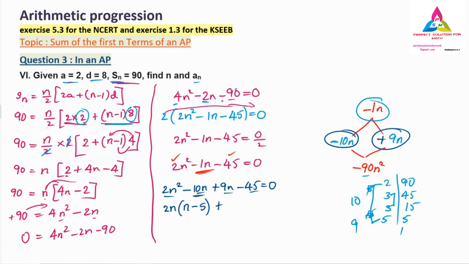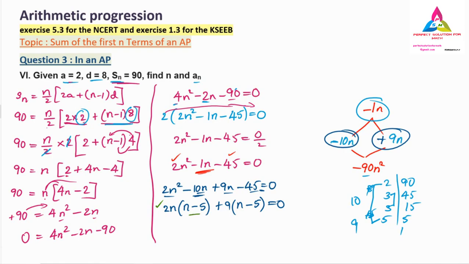In this 9n minus 45, what can I take common? So 9 it is possible, because 9 5s are 45. So 9 I have taken common. Here n we don't have, so we can't take the n common. So here it will remain n minus 5, since 9 5s are 45, that is equals to 0. So this is the step. Some of the students will go wrong, so make it clear how we have to take common.